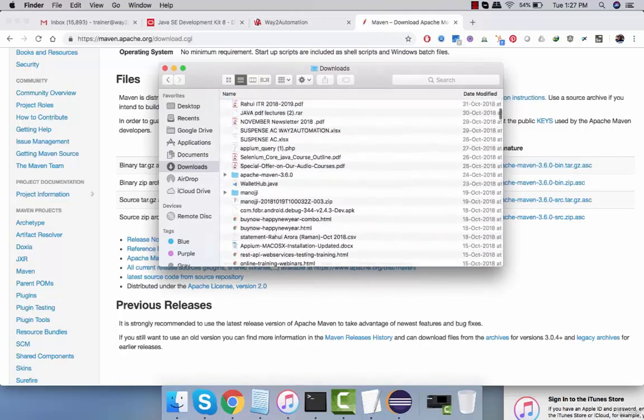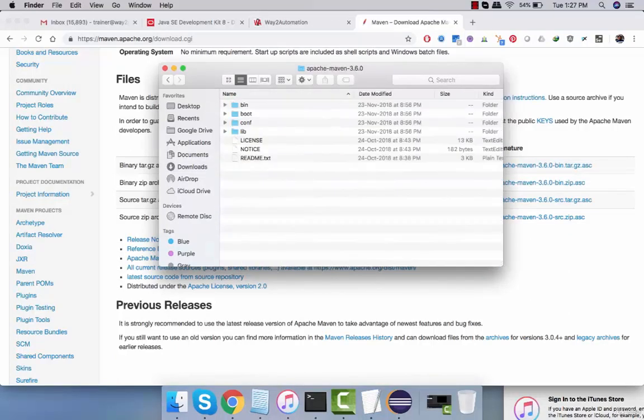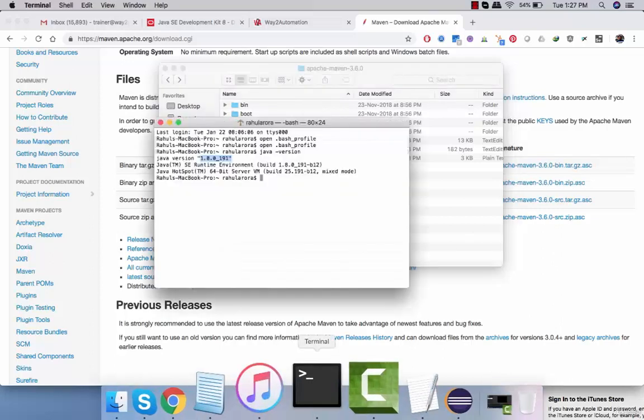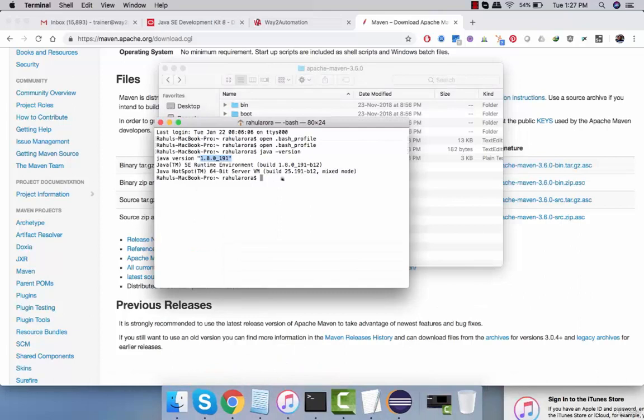This is where the Apache Maven is, right? So Maven is inside this bin folder. In order to use Maven commands, you need to set up the environment variables for Maven as well, the same way we did it for Java. So again, go to your terminal and say open .bash_profile,